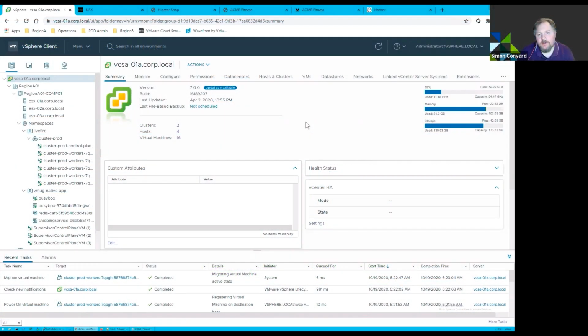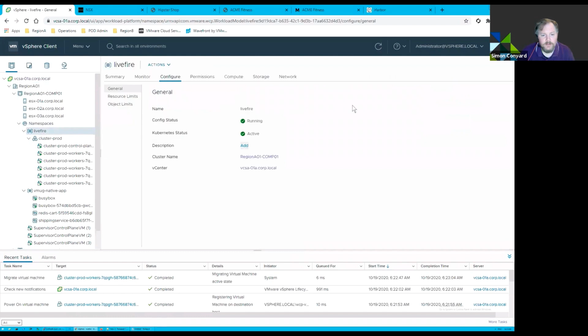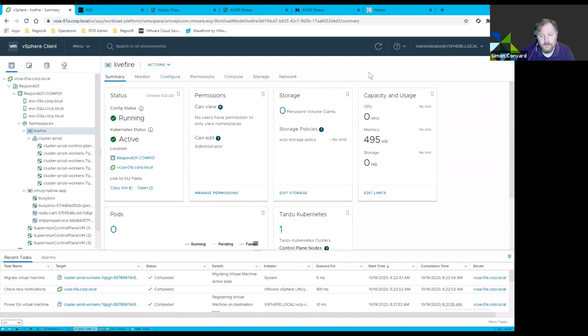So Dean, we were talking about scaling and resource management in the previous slides. So I'm just coming into Virtual Center now to give you a bit of an overview of that. If you were to select the live fire namespace that we have on the left-hand side there, and go to the summary view, you can see that we've got that nice tile there called capacity and usage, which gives us a nice big button to edit the limits. So if you click on edit the limits,